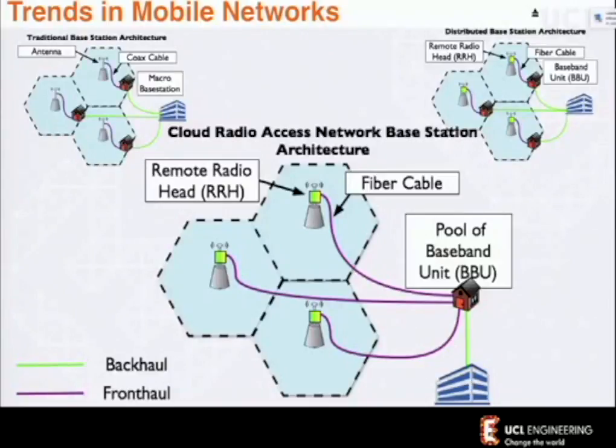Now, if we could develop a network like this, we could have high transparency, so that our network is now not defined by the amount of equipment that we put in a cabinet at the base of each antenna. Our capacity in our network, the frequencies we use, the number of channels we allocate to our cells, can be defined at a place where we have statistical multiplexing of equipment, and we can have advantages. And so the idea that we can have greater flexibility of the front haul of our network is very appealing.